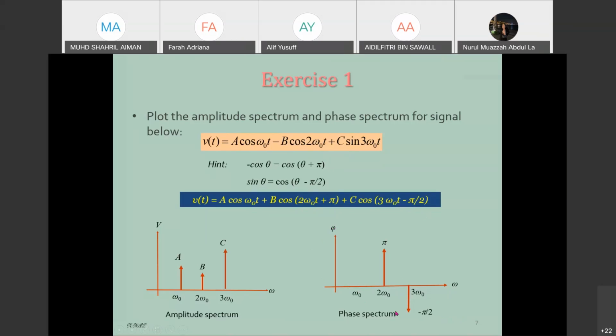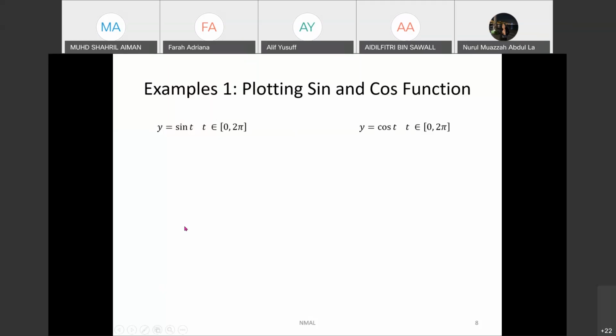Okay, boleh Okay, and then okay, now I'm going to show you some examples on how to plot sine and also cos function, cosine function. For the first one,